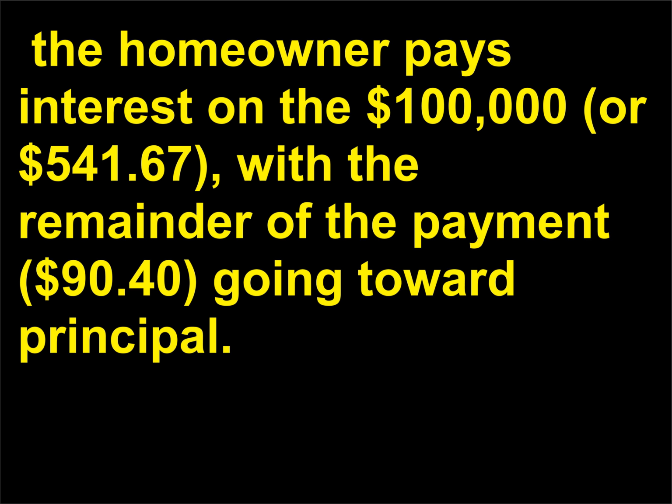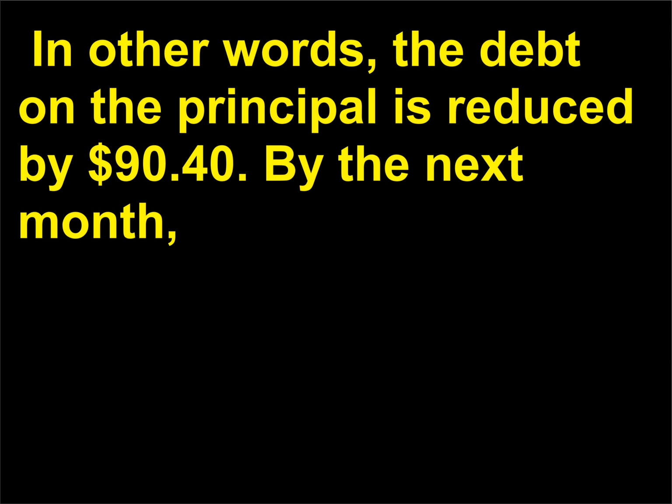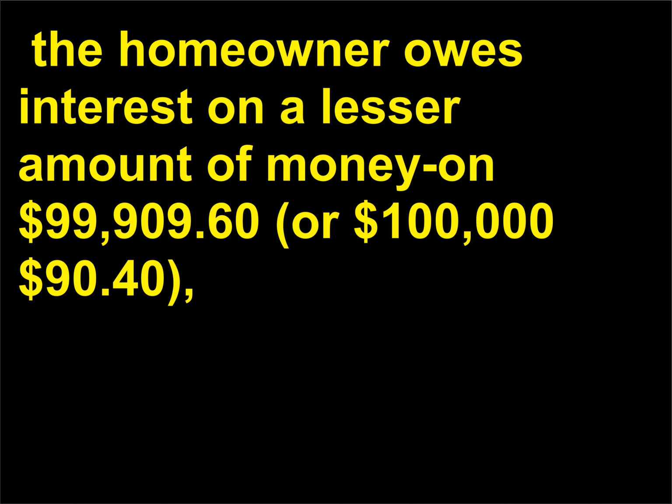For the first month, the homeowner pays interest on the $100,000, or $541.67, with the remainder of the payment, $90.40, going toward principal. In other words, the debt on the principal is reduced by $90.40. By the next month, the homeowner owes interest on a lesser amount of money, $99,909.60, or $100,000 minus $90.40,